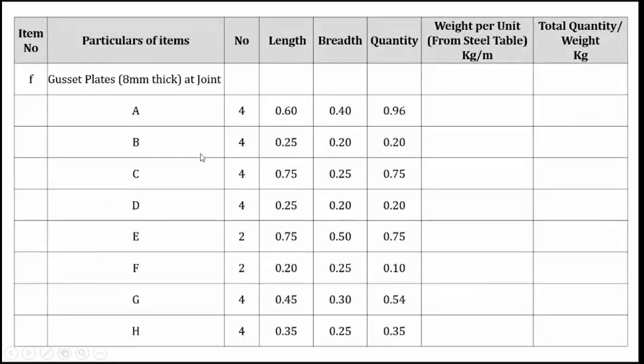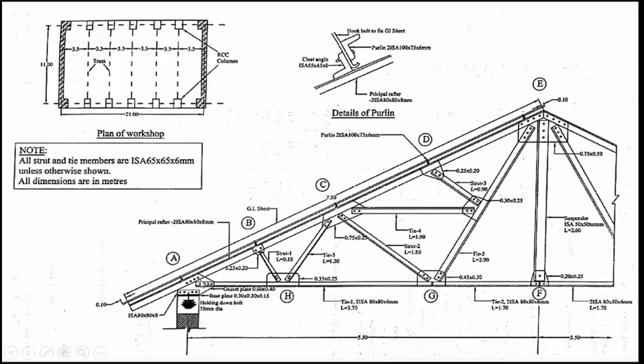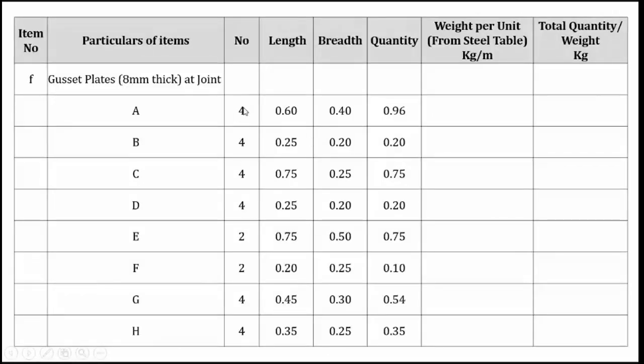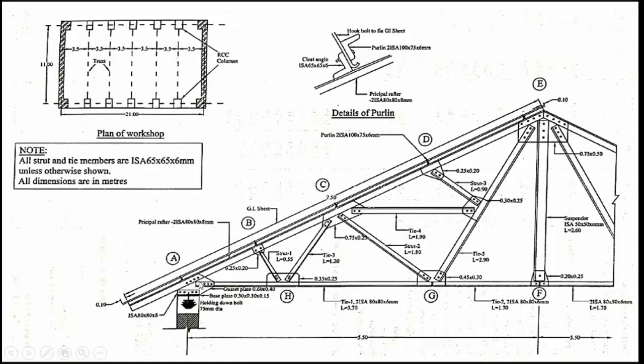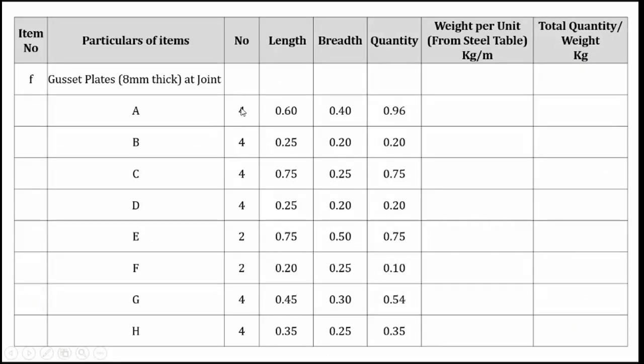In the gusset plate there is only a slight change, right? If you see, at joint A we had one gusset plate, and on the right side we had another gusset plate. So in the previous column we had written it as two numbers. If you take one plate, and you want to do painting on this plate, front side we have, back side we have. So for one plate, two side painting has to be done, right? So here it is two numbers, on the right side it is two numbers. Therefore totally four numbers, or four sides, you have to paint.